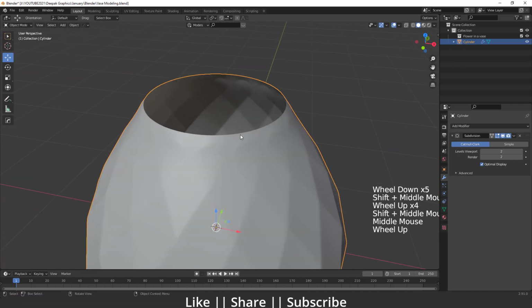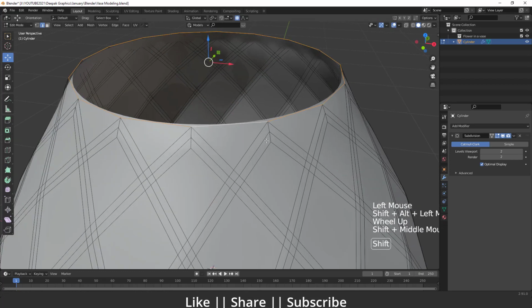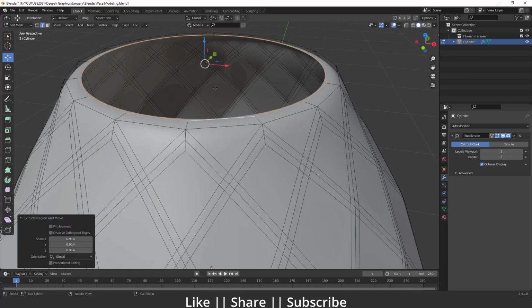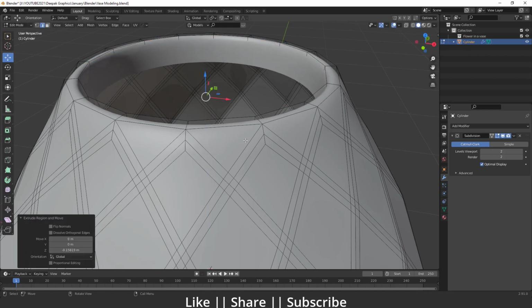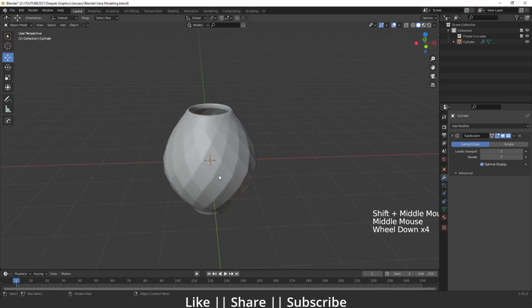And for the top part we'll do the same thing, we'll just select all the top edges here, then I'm just going to press E for the extrude, S for the scale, and then I'm just going to scale a little bit, something like that. Then I'm just going to press E again to extrude, then I'm just going to extrude inside, something like that, and we can just extrude one more time, so we'll get this smooth shape here. Here you can see, and that looks great to me.